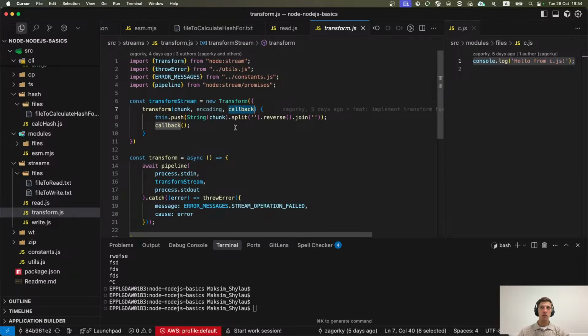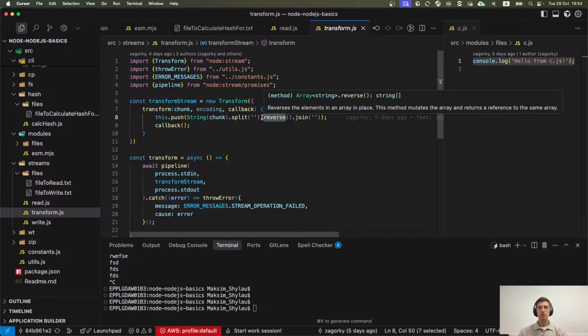So what happens here? First of all, chunk can be either a string if you specified it, or a buffer. So you need to transform it to string before you can work with it as a string. Then we split it, it's transformed into an array, then we reverse this array, and then we concatenate this array again.